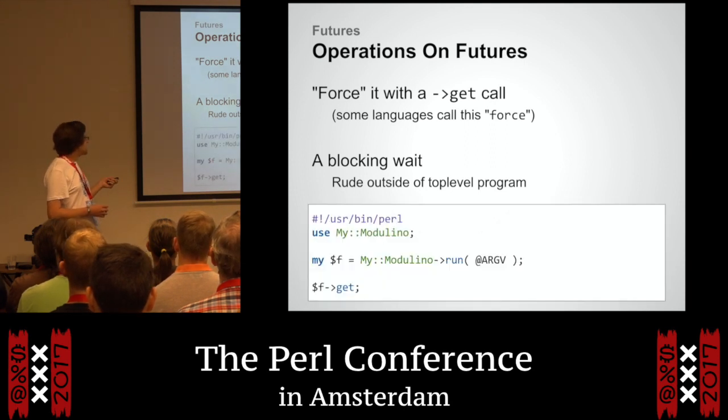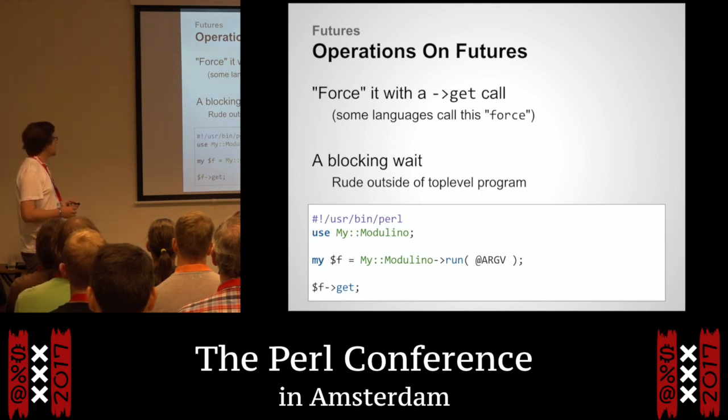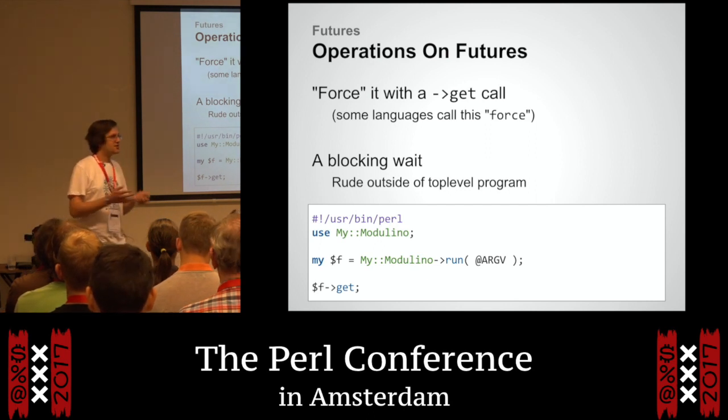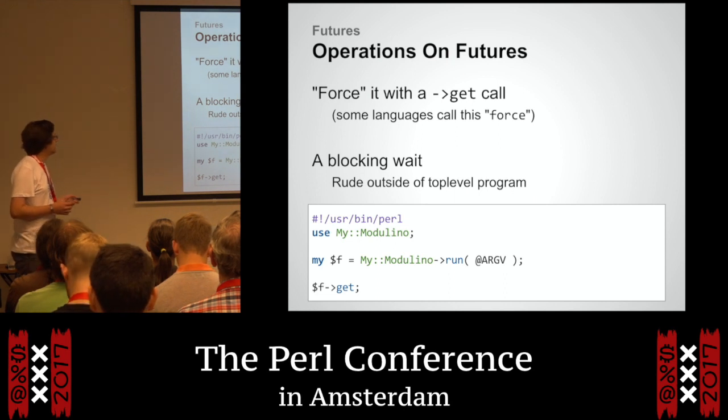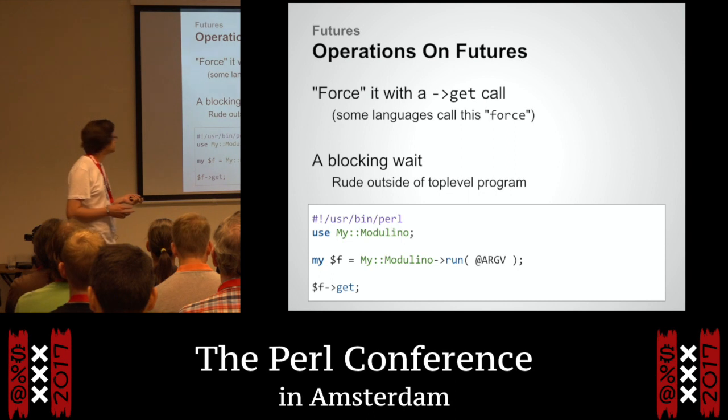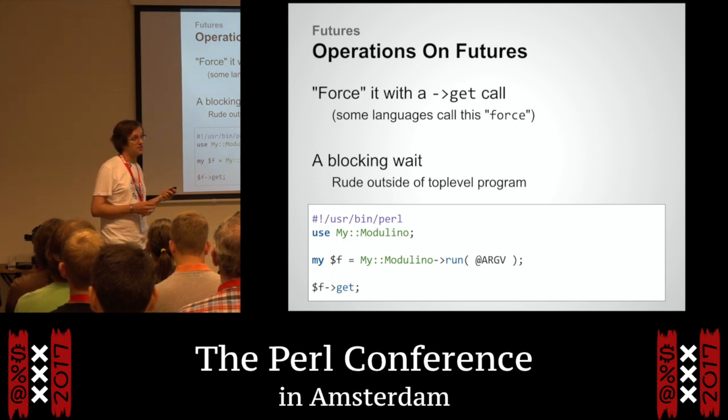For example, you might decide to write your entire program as a little module that just returns a future, and then obviously at the top-level main here, it's not really rude to call get, because literally your program isn't doing anything else. This is your entire program, so you might as well just wait for the thing. So get is often useful there, but it tends not to come up anywhere else. More or less everything else you write tends to be things like then chain.